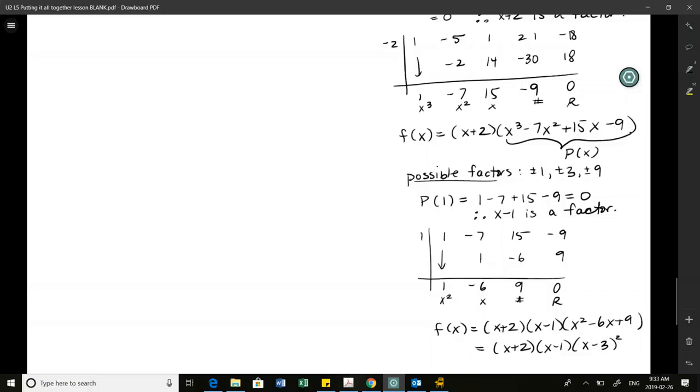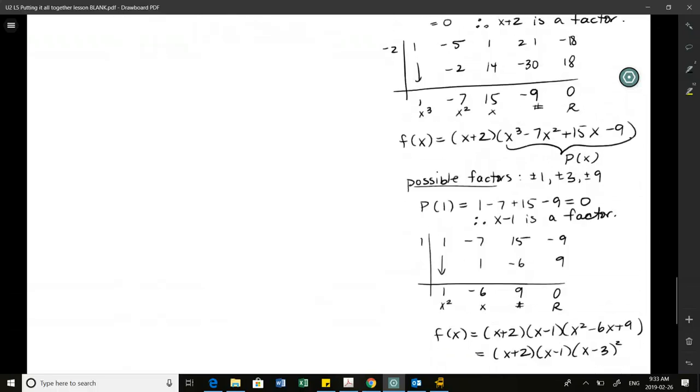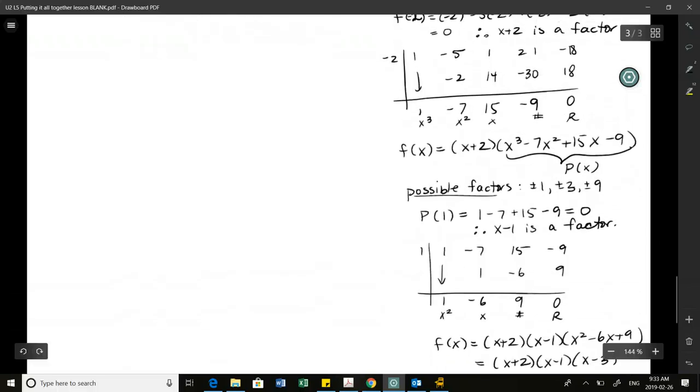Oh no, wait, there's more. I might give you something you have to factor once, probably not twice. Okay, what are my x-intercepts? x is equal to minus 2, x is 1, and